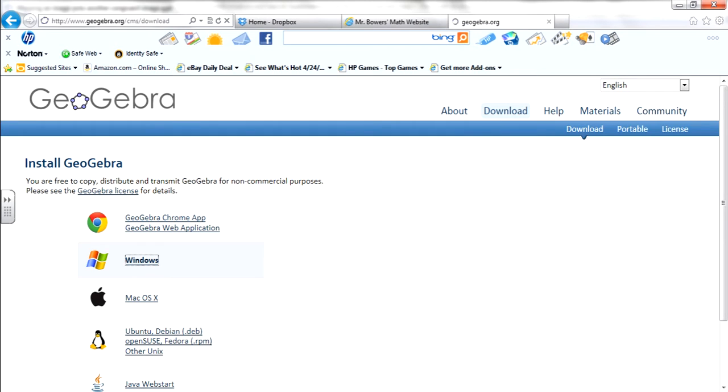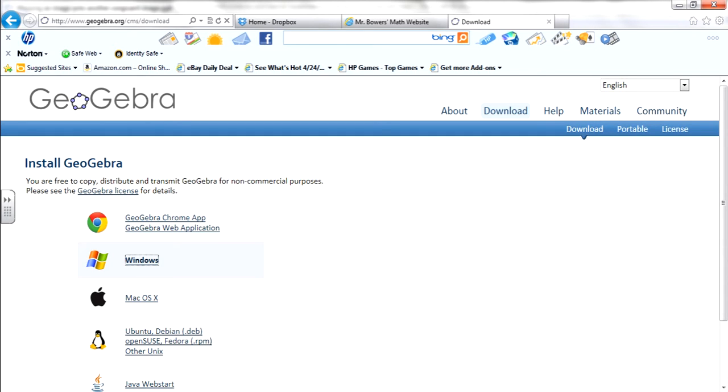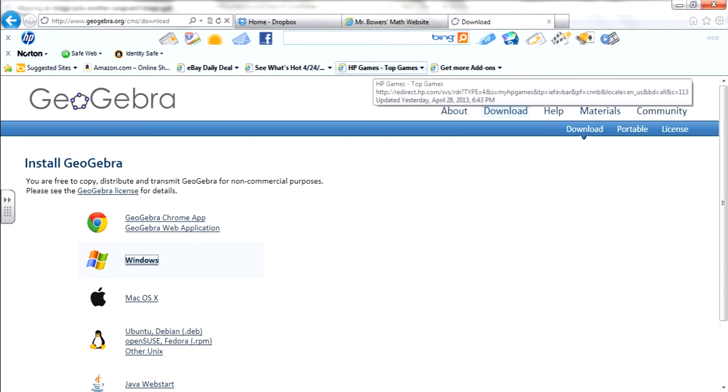And then when you click on that, you're going to click on run when that pops up down here, and you just run the install. It will install on your desktop. Okay, so once you do that and you get a GeoGebra window to pop up, then we need to go